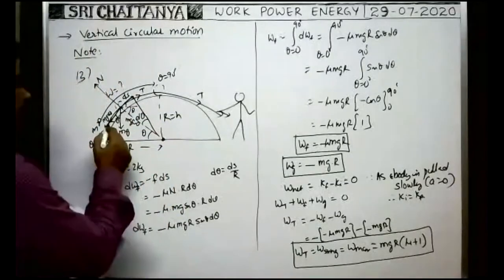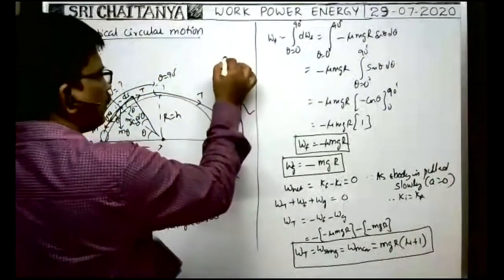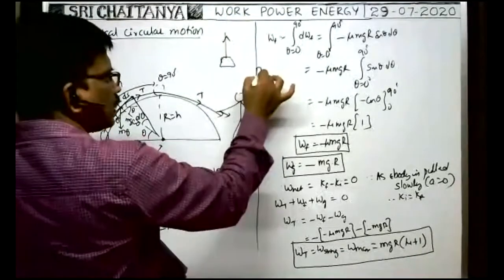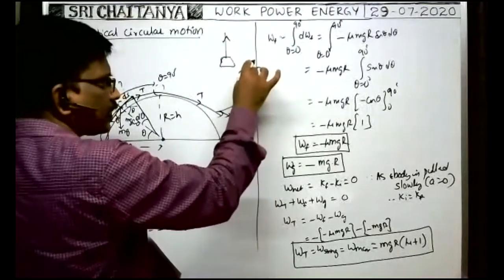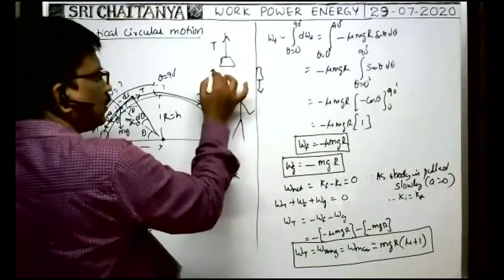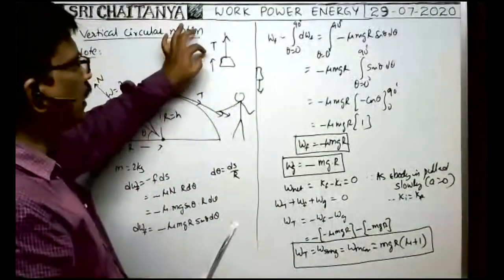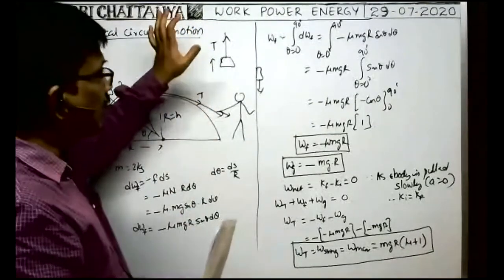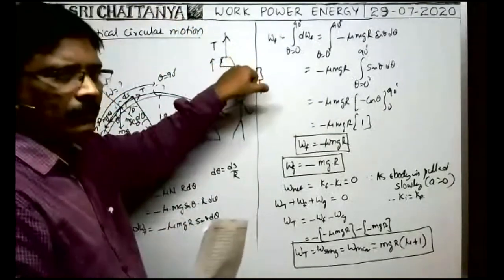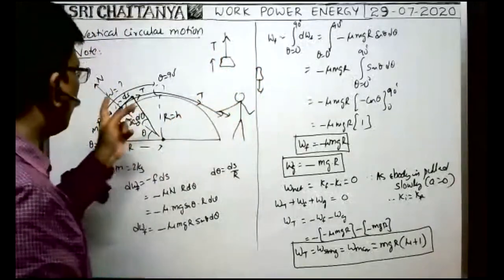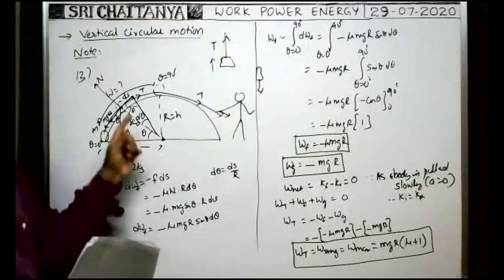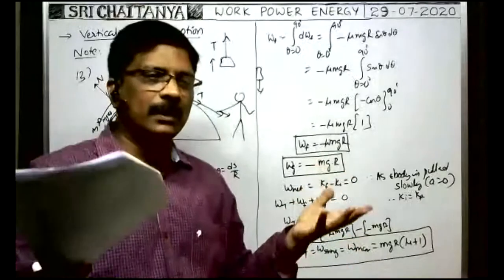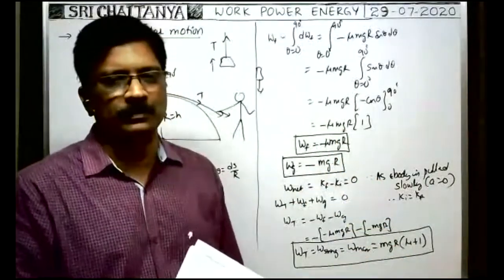You see, in this case, in the case of Atwood's machine, one block is pulled by tension in this direction while another block is coming down. The tension acts in the upward direction and the body also moves in the upward direction. So what is the work done by tension on the body? That is positive. Here it is negative. Work is done by the tension on the single body. When you consider the system, net work done by tension is 0. But here only one body is there, not a system. Because of tension, only one body is in motion, not two bodies. If two bodies are there, then work done by the tension on the system of two bodies is 0, no doubt. Okay.